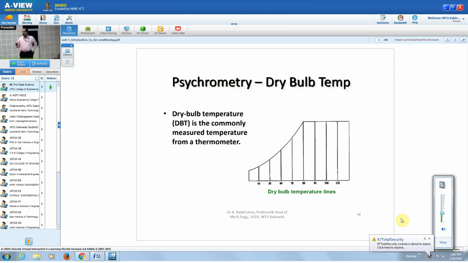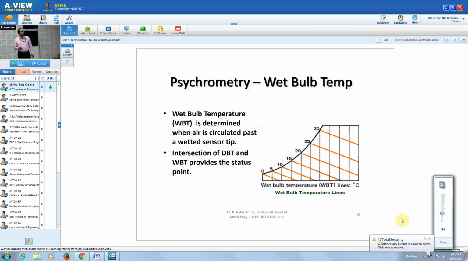So, one by one, if you see the psychrometric chart, the dry bulb temperature is the commonly measured temperature from the thermometer. In this, the vertical lines indicate, suppose, 5 degrees, 10 degrees, 20, 25, like that. This is the increasing order of temperature in degrees centigrade. The vertical line indicates the dry bulb temperature. Right? The next slide. Then the psychrometric wet bulb temperature,